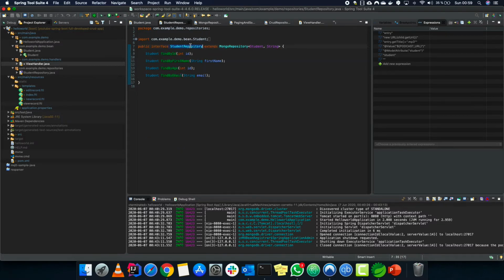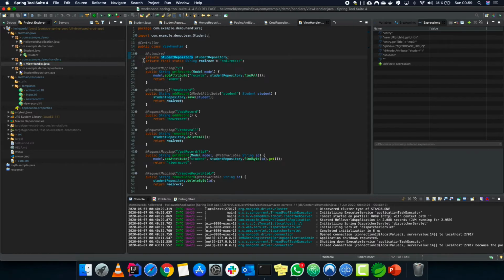As you can see, we have autowired it, which means Spring creates a bean for it and then maps that bean to this particular object.